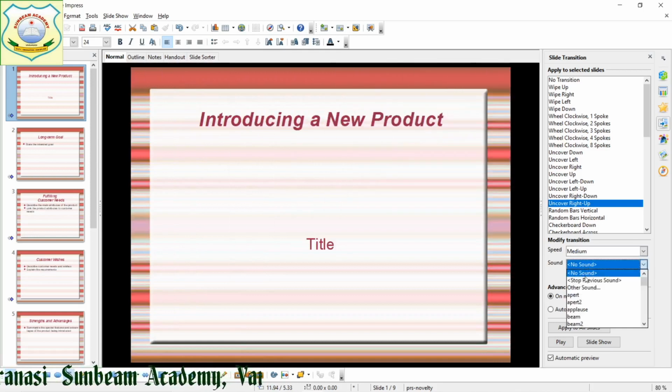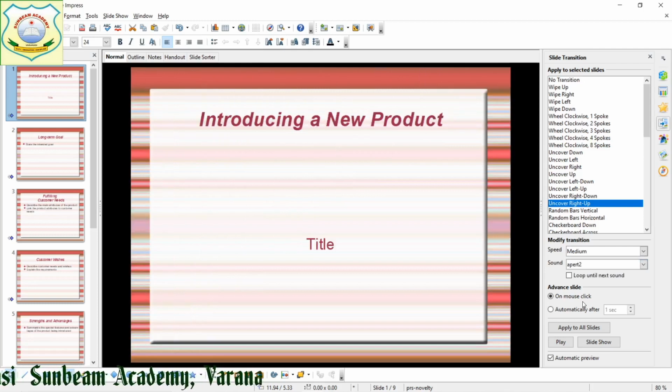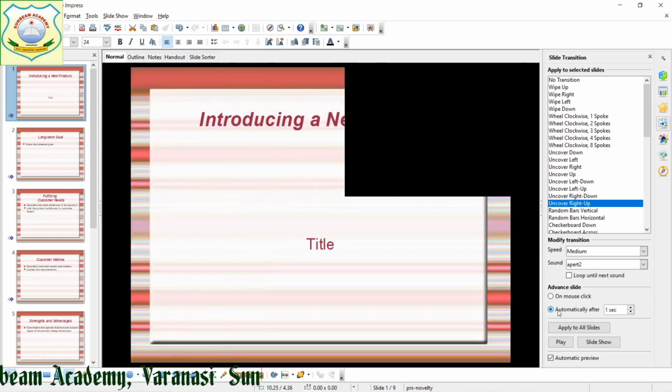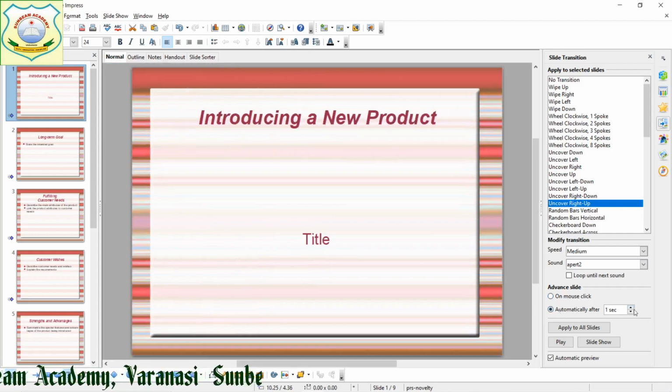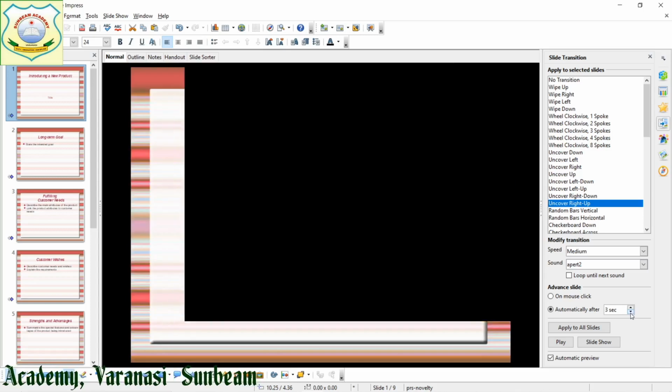Now the next is sound. If you want to give sound, it has come. Right? Now it is set on mouse click. Here you can also set it to advance automatically after 1 second. Suppose I give 3 seconds.